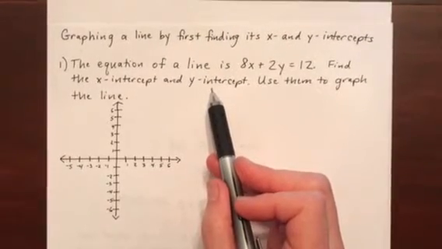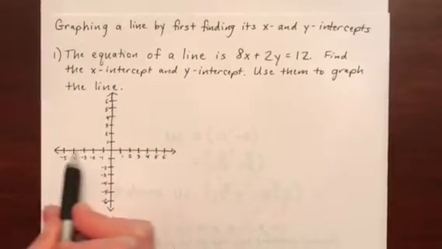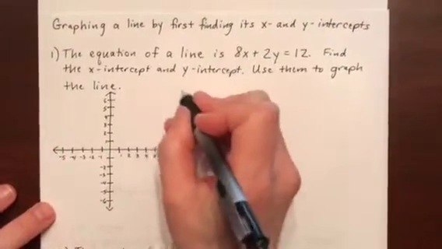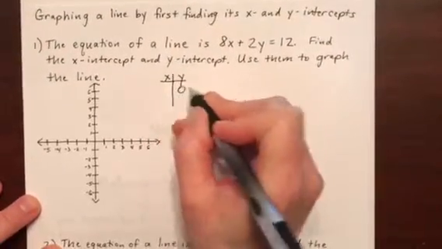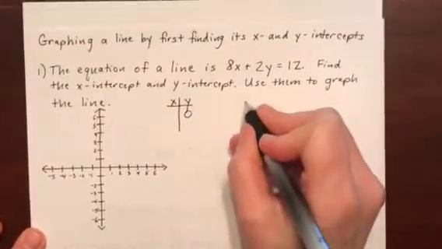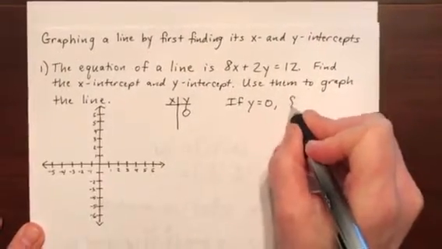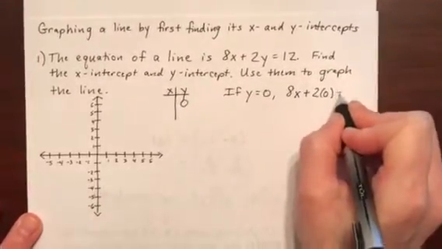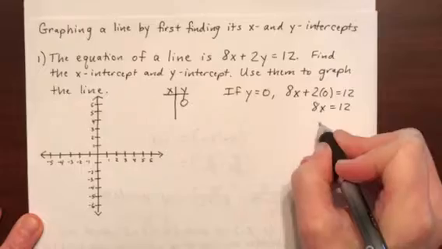Okay, so first, think about what an x-intercept is. It's the place where the line crosses the x-axis, and so you'll notice that its y value would have to be 0. And so we want to start by plugging in y equals 0 and then figuring out what the x is. And so let's do that. If y equals 0, then we have 8x plus 2 times 0 equals 12,